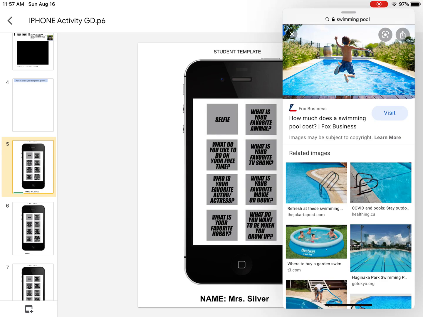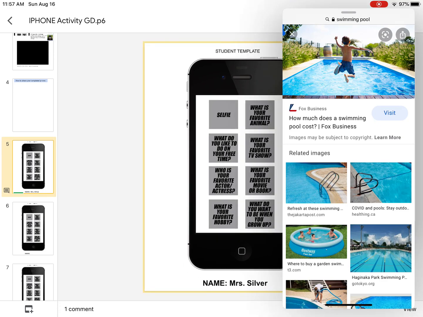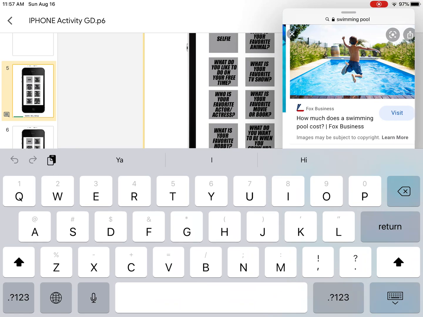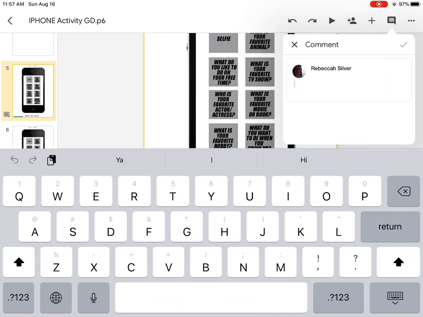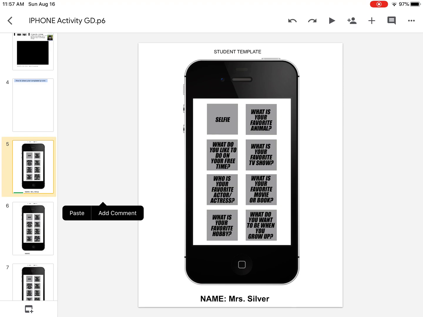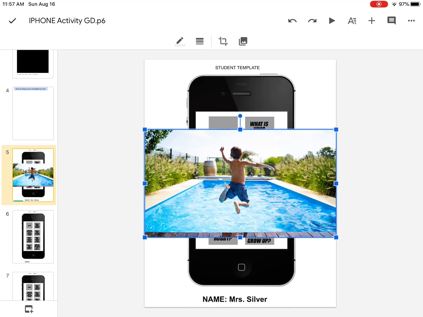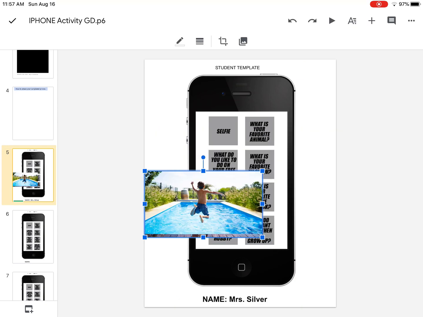Okay. And then once I've done that, I'm going to come back to this one over here. And if I need to slide this out of the way for a second, I can do that. And then I'm going to go ahead and, oh, now I can paste. There we go. So it's a little bit big, first of all, and also it's the wrong size. So I need to crop it. And when I come to the crop tool,